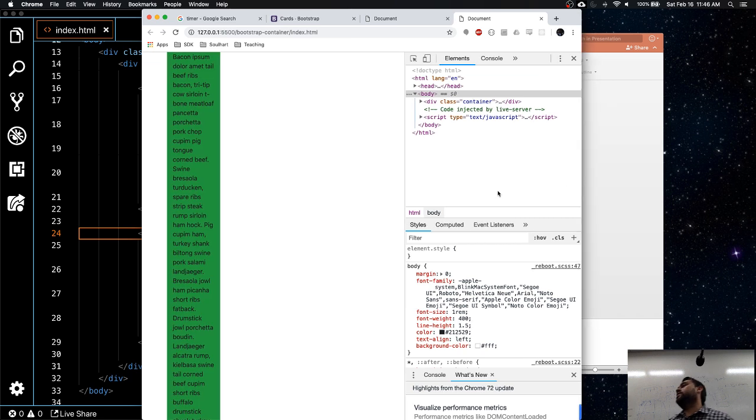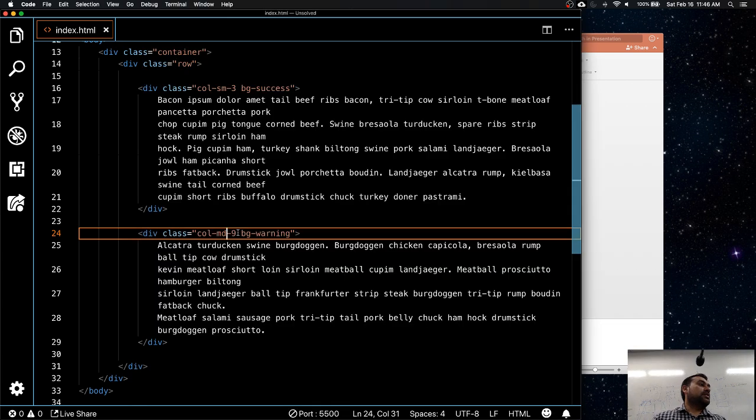Yeah, this is the one that's going to break. See what happened? It stacked up. It did because I missed it. It kind of got confused in rendering it. So it would be better to have all of them the same size. What would be better is that if you are using one breakpoint, complete it. So if I have a small 3, make sure you have a small 9 somewhere. Complete that, and then go on to the next one.